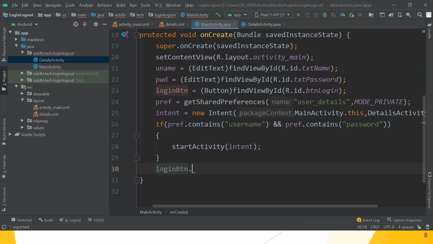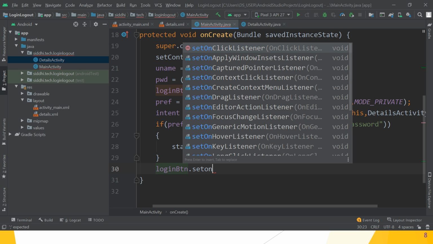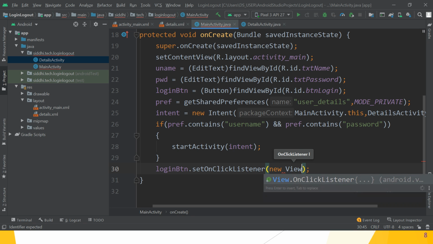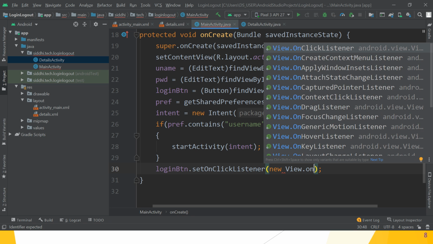loginButton.setOnClickListener, then new View.OnClickListener.